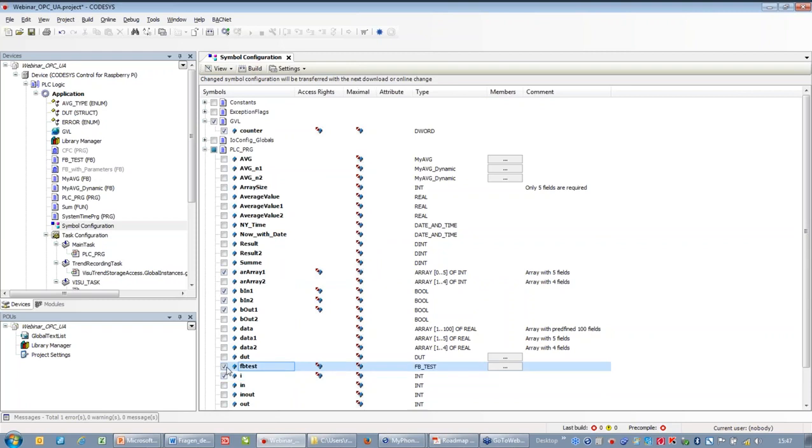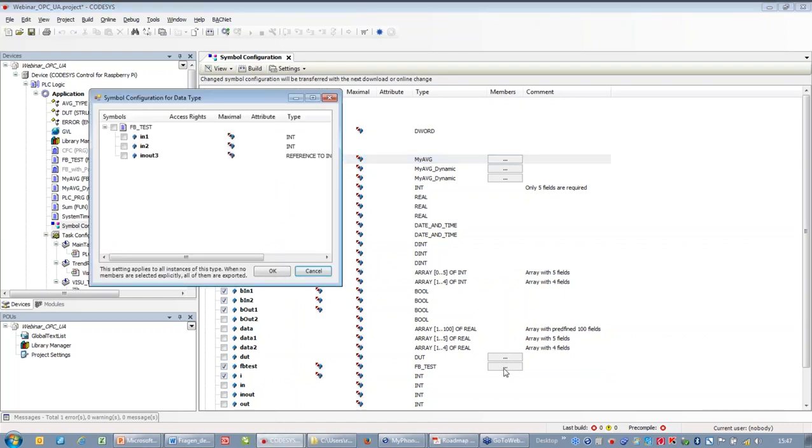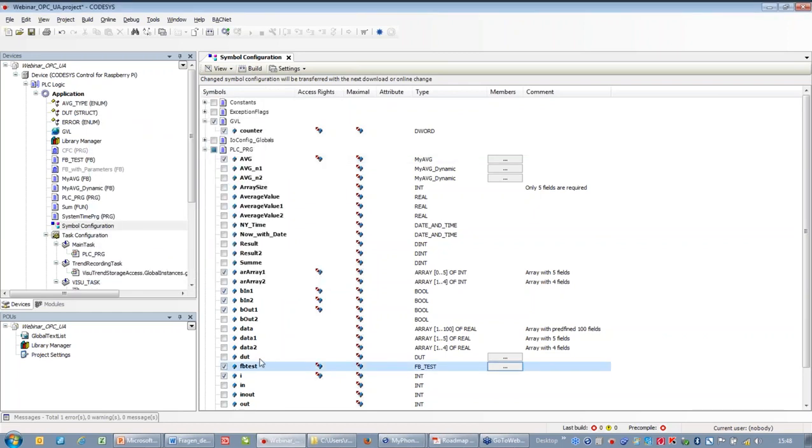I could even take an instance of a function block here, and you see that this button on the right shows me that I can go more in detail into the instance of that function block, in case I want to limit the data which is transported by OPC UA to just single or certain variables. In this case I take all of them. Now this is all. What I have to do right now is to download that simple configuration to my controller,